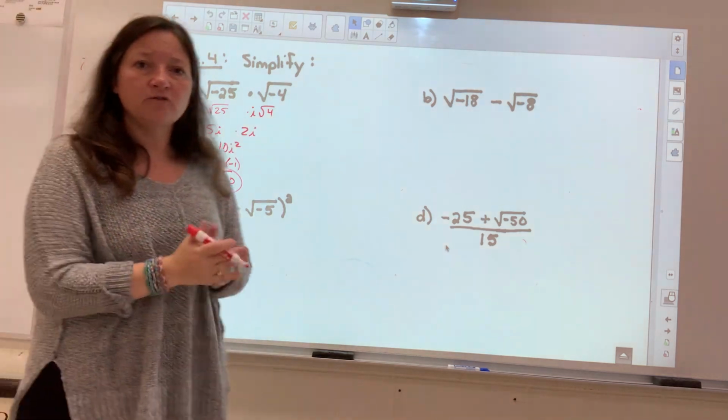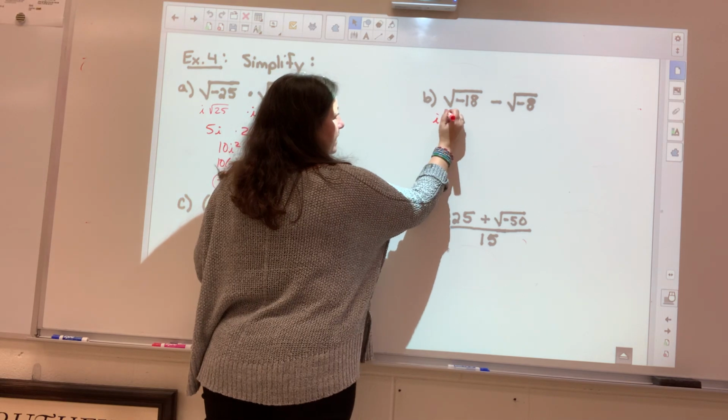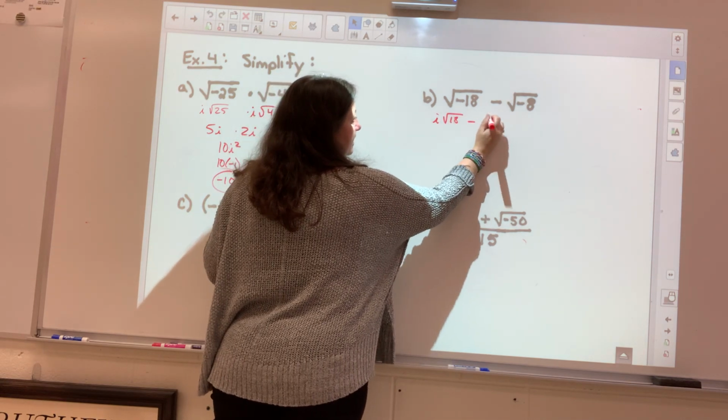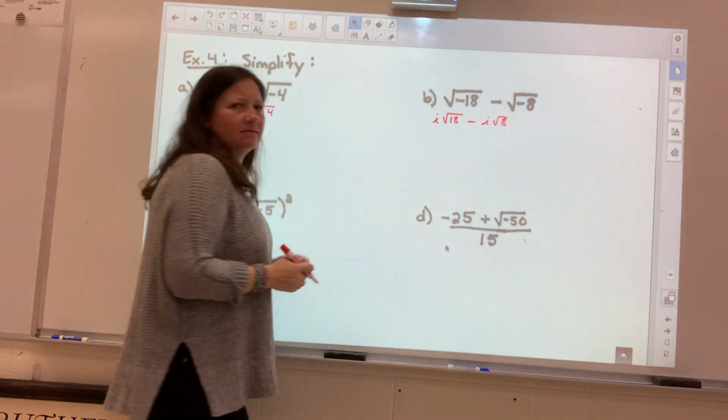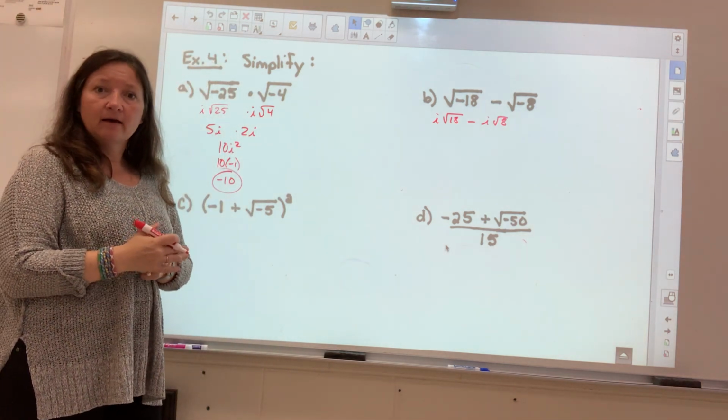Over to b, what do we do first? Take out the i. So i root 18 minus i root 8. Now, can we subtract those? Nope. So what can we do? We can break